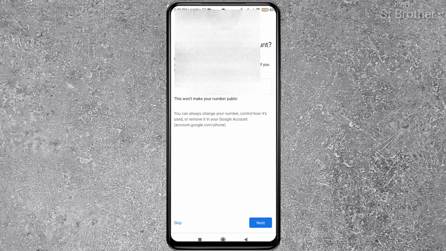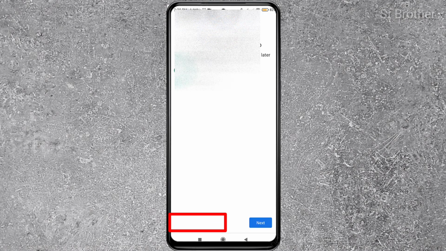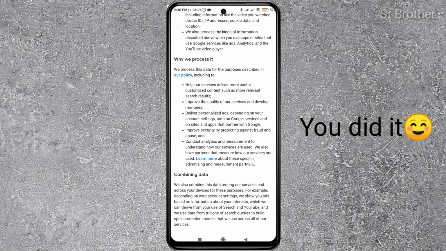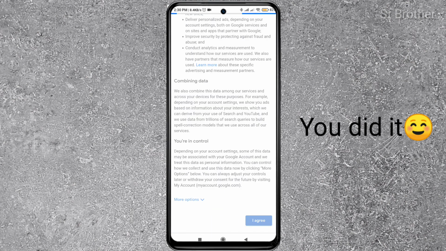Here it is showing my phone number, but here is the option. You can skip. Here is the skip option. Just click on the skip option, and next, and here you go. You did it, man. So we made a Google account without a phone number. Okay,